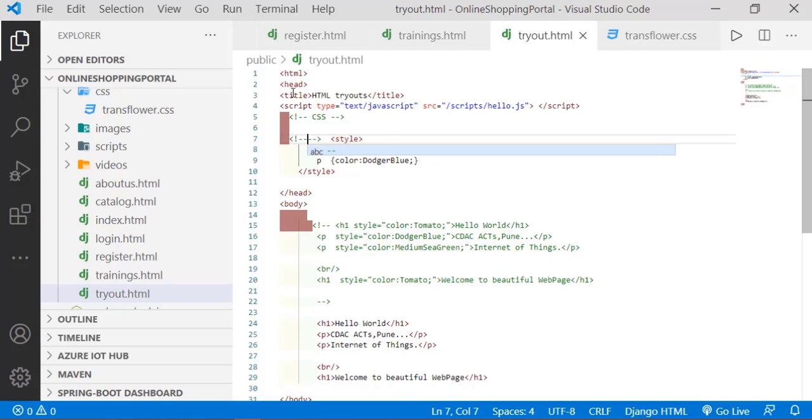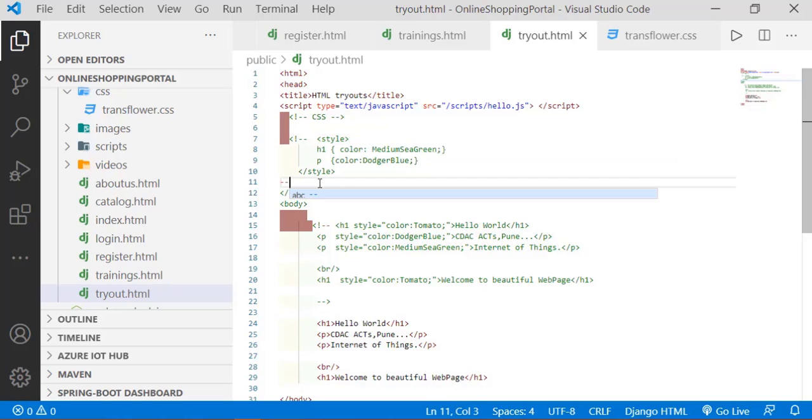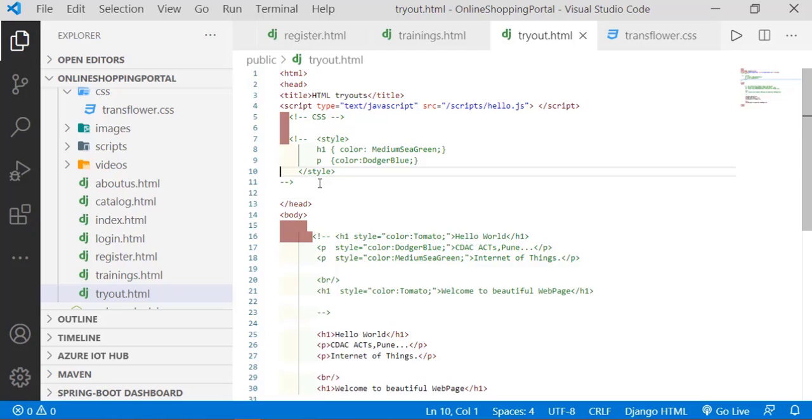See the way I'm trying to put the comment, the way I'm trying to keep the information. These are inline CSS, you can call them. Or if you do not want to go for inline, then we go for external CSS. And if the external CSS is going to be like a separate file, there might be some link available.